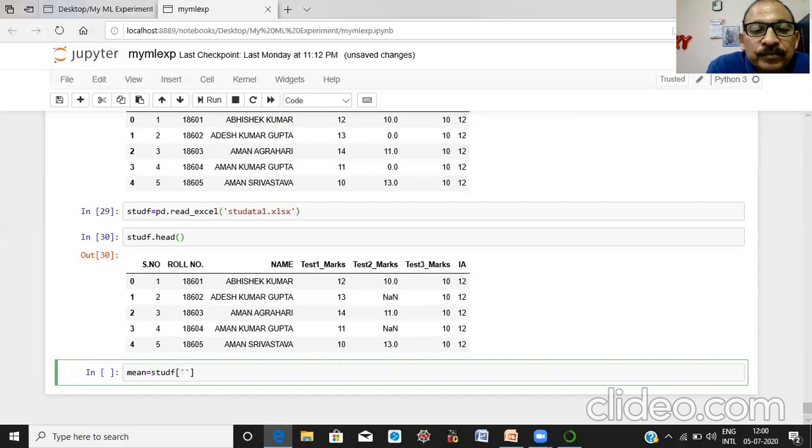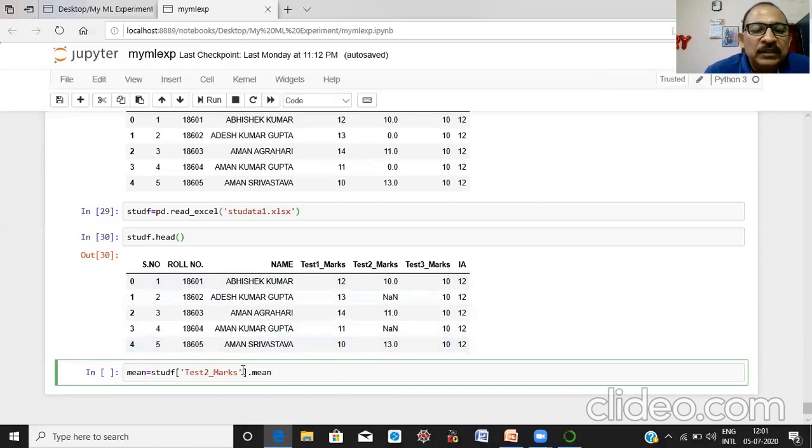Suppose the column name is test 2 marks. Okay. Here we are going to replace the missing values by the mean of the values of a variable. Suppose the variable is test2 marks, and here we are going to replace these missing values by the mean of these values of a variable.